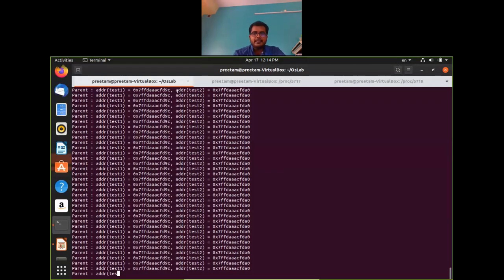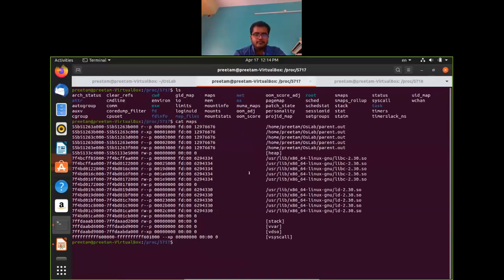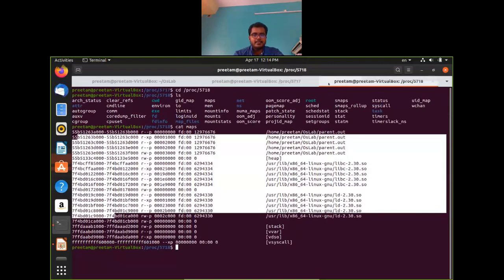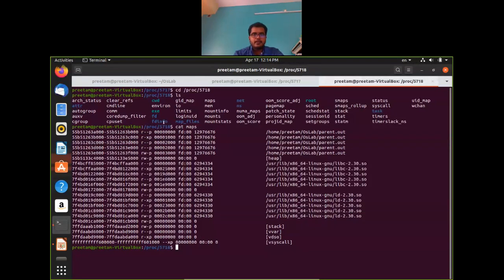From a second terminal, we'll send a kill signal, which we already know is used to kill a process. Using this, we'll kill the parent process. The parent process ID was 5717 and the child process was 5718.